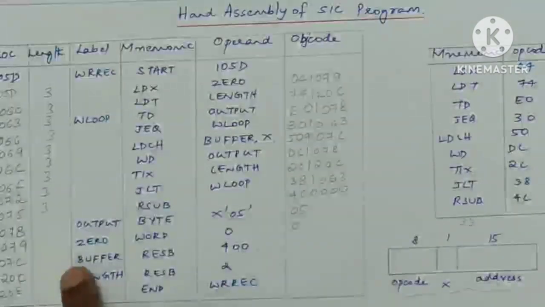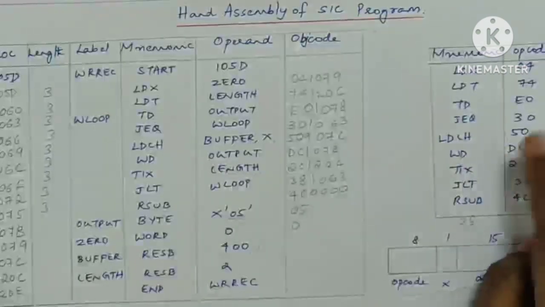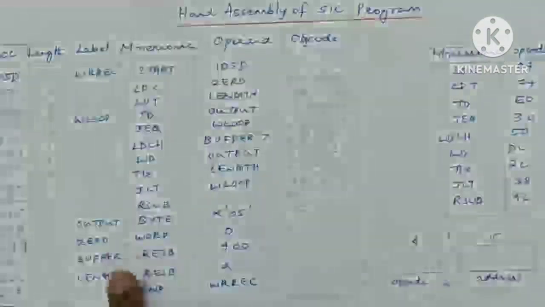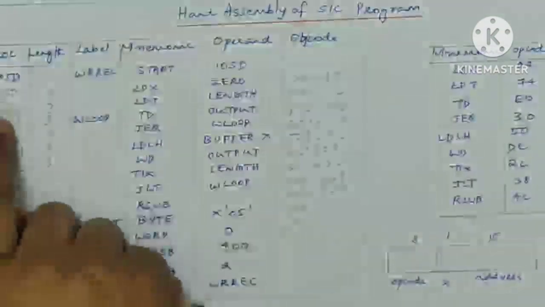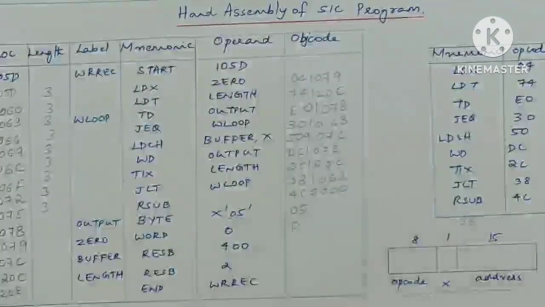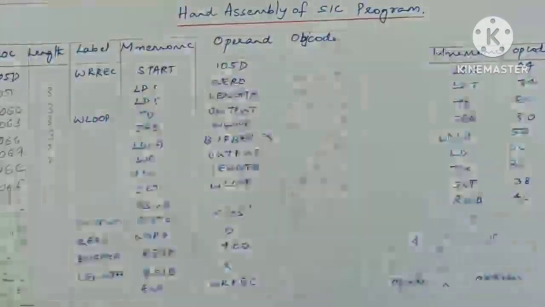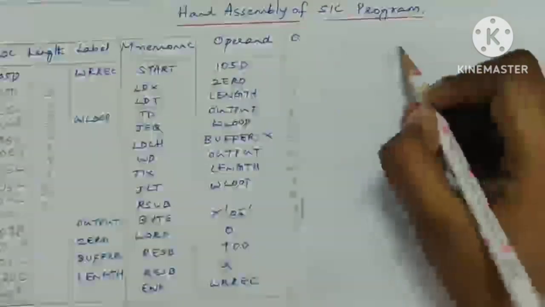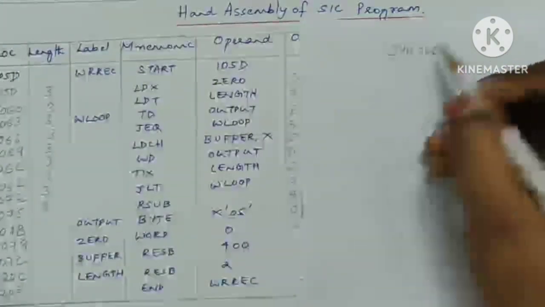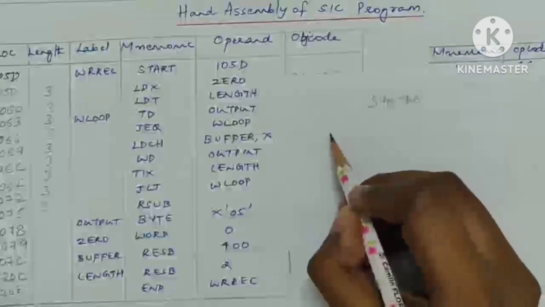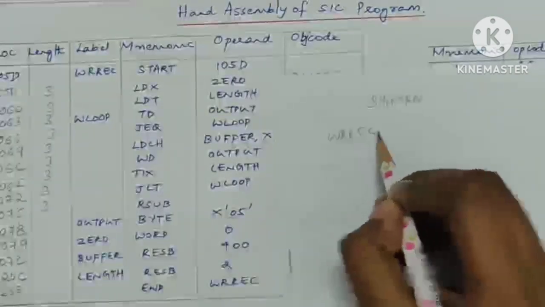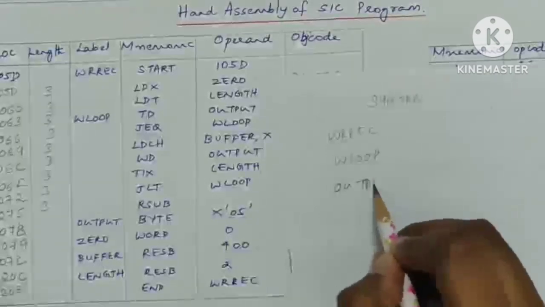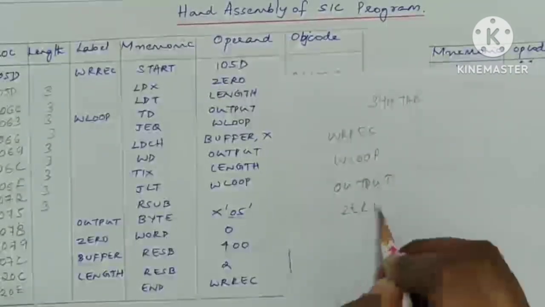So this is the opcode table. How will your symbol table look like? The symbol table will contain all these labels and their equivalent addresses. For example, here the opcode table is this. Now your symbol table, your SYMTAB, will contain the labels WRREC, then W loop, then output, 0, buffer,